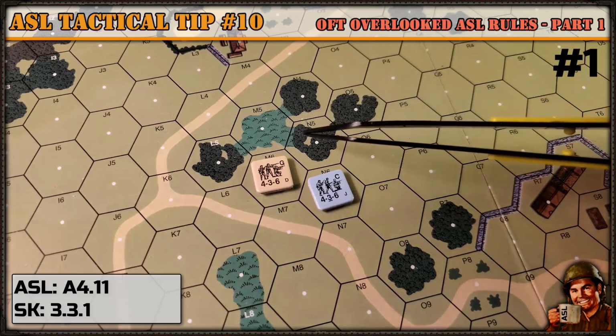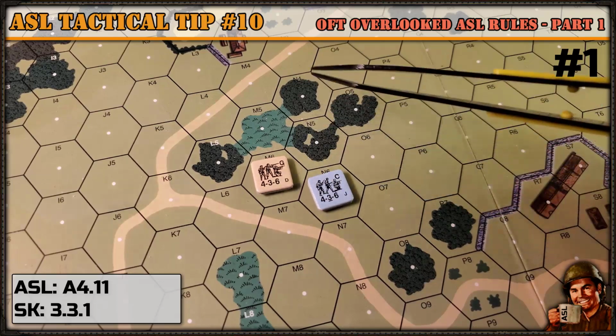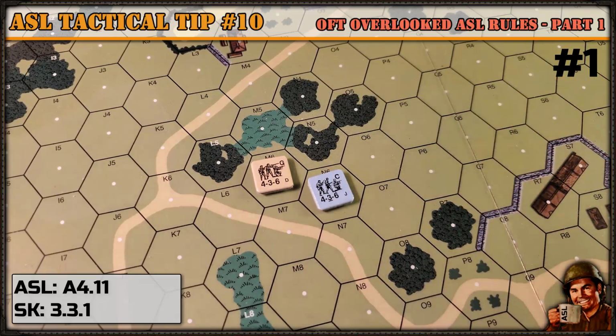So, good luck moving from these hexes into N4, which is going to cost 4 movement factors, but you only have 3. But